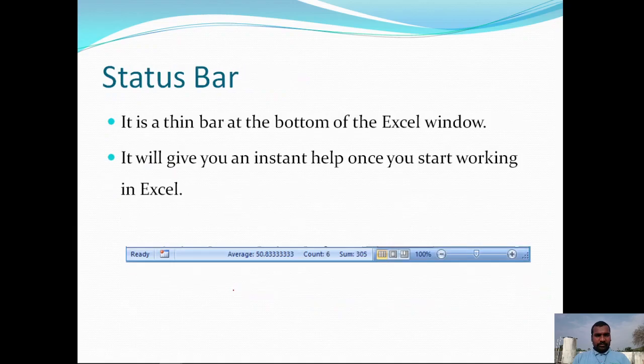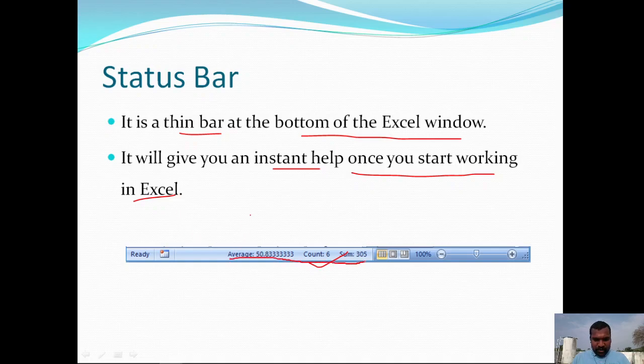So this is the status bar. Generally it is a thin bar at the bottom of the Excel window, completely at the bottom. It will give you instant help once you start working in Excel. When you are performing some operation, it displays several pieces of brief information.